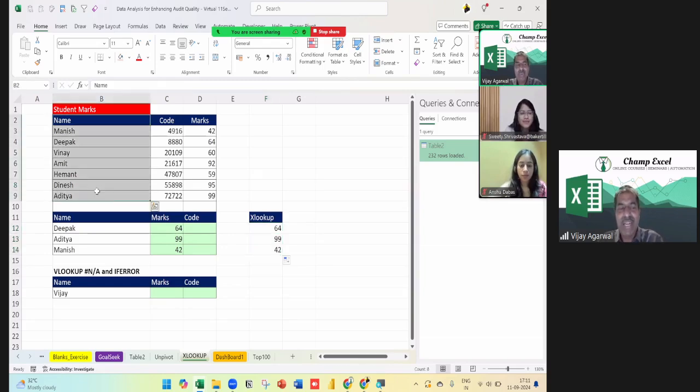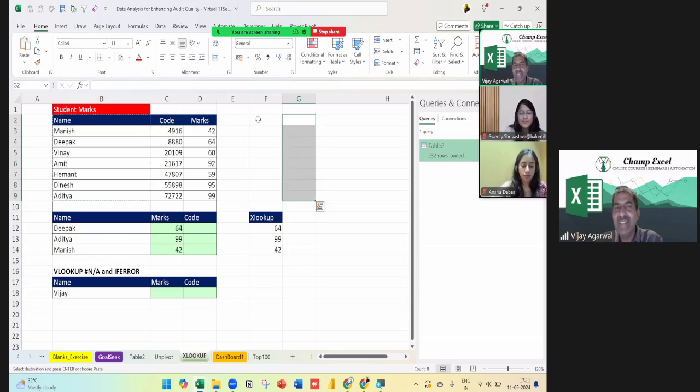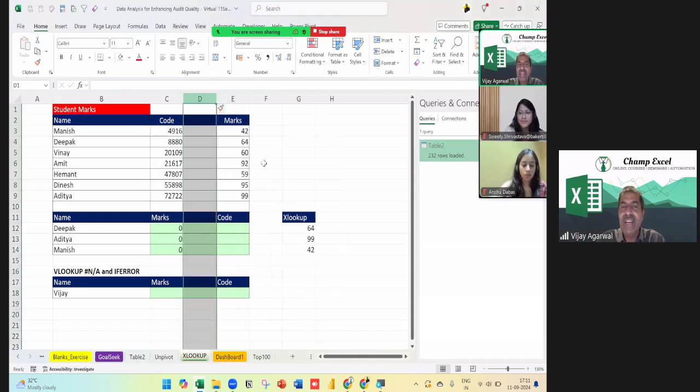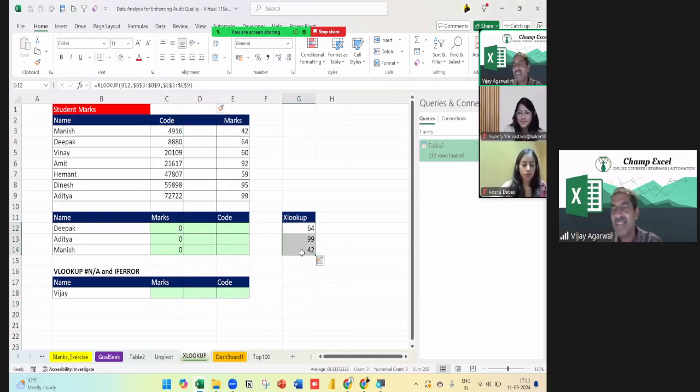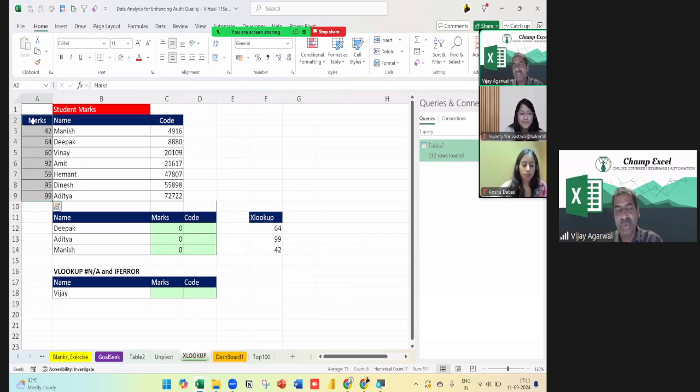But now you see the beauty of XLOOKUP. If I cut with Control X and paste with Control V, my XLOOKUP is still working. If I insert a column, this has shifted, but it is still working. Nothing has gone away. Even if I take the marks to the left side, it still works.